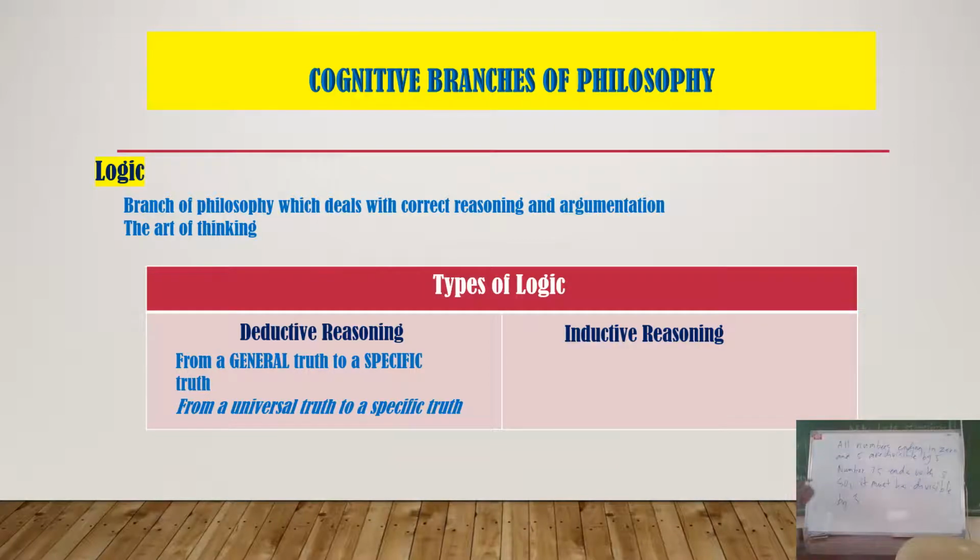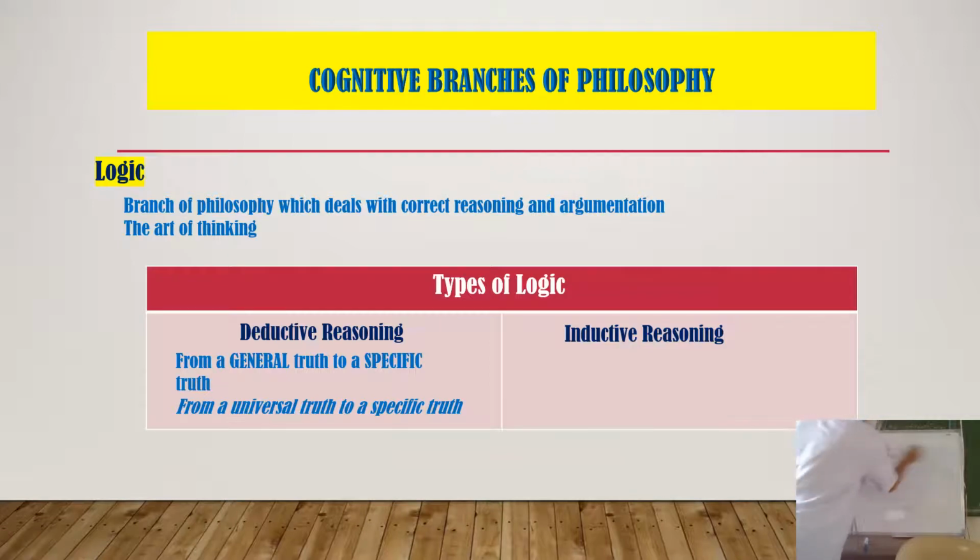So your conclusion is what? This first statement. If you would notice, your conclusion comes first, before your supporting evidences, before your premises. I believe that you all agree that all numbers ending in 0 and 5 are divisible by 5. Correct. So number 35, an example of that, ends with 5. So it must be what? Divisible by 5. I hope you get it. So that is an example of deductive